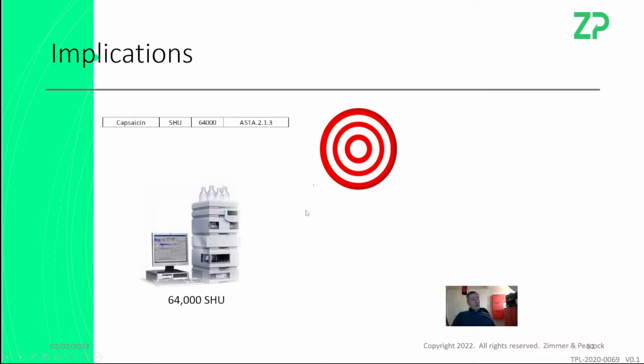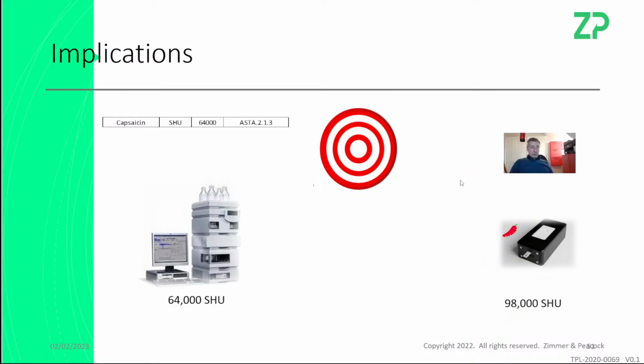Now you come along with the food sense, and you get potentially a different value. For example, in here I've put the idea that they got 98,000 Scoville heat units. So you're like, well, who's correct here? Well, the thing is, in food testing, it's probably more important to be precise